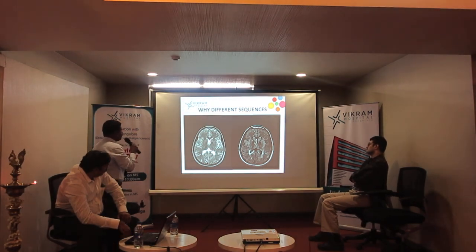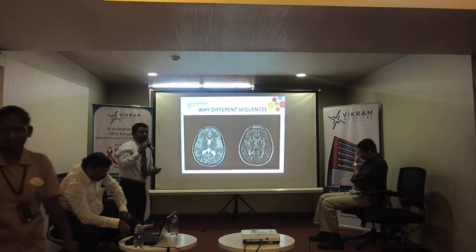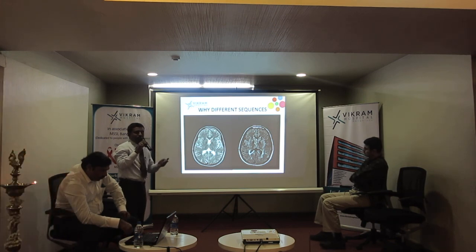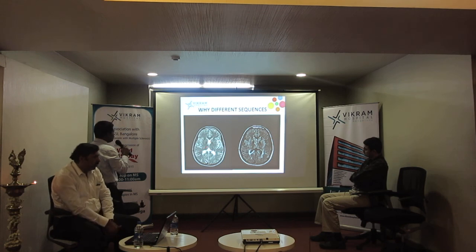And all will be worrying why so many sequences are required. We can cover only in FLAIR and finish off the study. But we have to differentiate. MS is not a simple job, where we just see the lesion and characterize. It's not only MS; we have to differentiate between so many diseases which mimic MS. So this is T2 sequence where you can't actually appreciate where the lesion is. All appears bright. Where is the lesion? So we will suppress the water within the ventricle, so the lesion appears bright. But we can't put only this sequence because here there will be some artifacts.